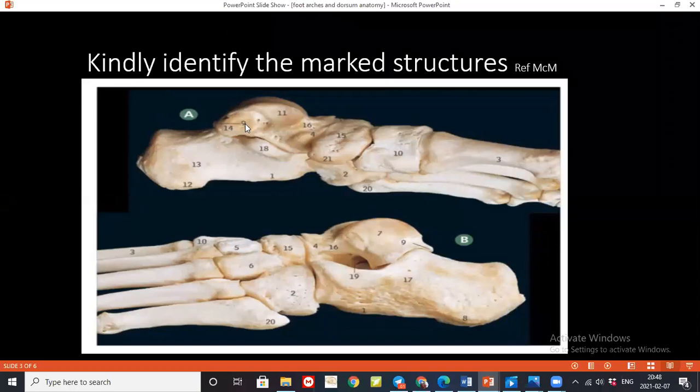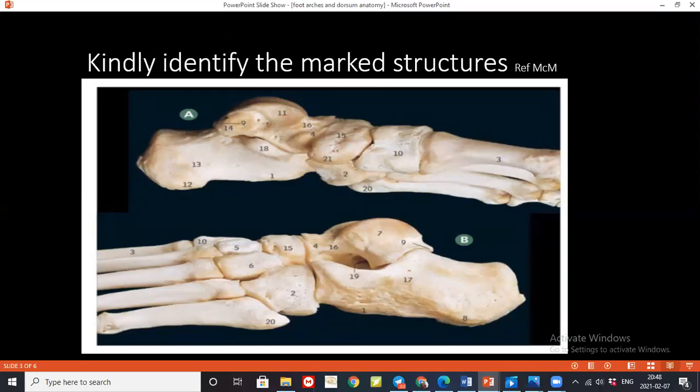In picture A, number 9 is the lateral tubercle. Of what? Lateral tubercle of the tarsal bone. Talus. I told you tarsal. Talus. It's important to pronounce it correctly, because tarsal and talus are different. No, I was thinking talus, but I pronounced it tarsal. It's my bad. What is number 13, please?